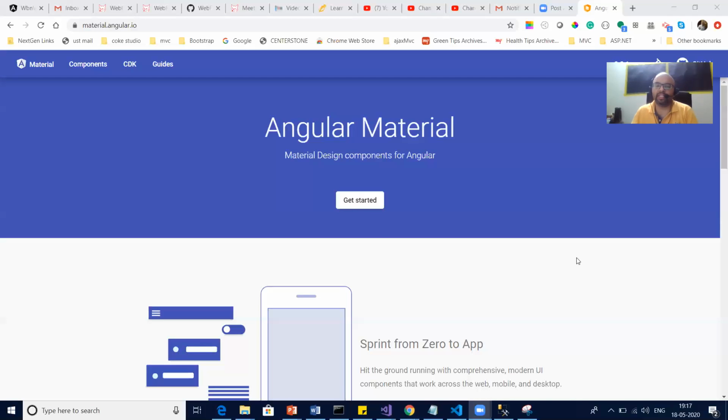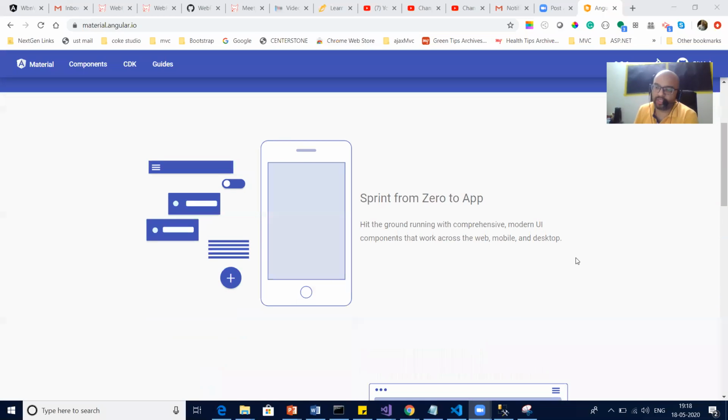So Angular Material is basically a library, just like the Bootstrap library. Bootstrap is basically a CSS framework, but Angular Material is an Angular library which has all the ready-made Angular components, which you might take so much time to develop. The complex, difficult components have been developed over here.